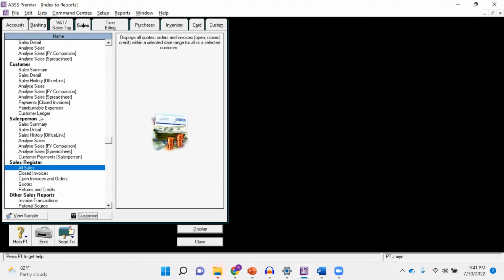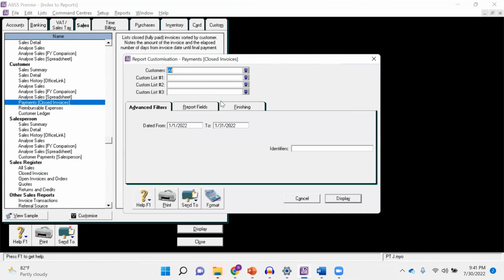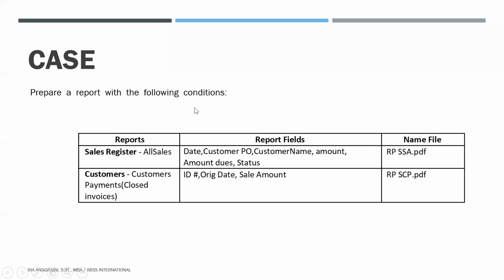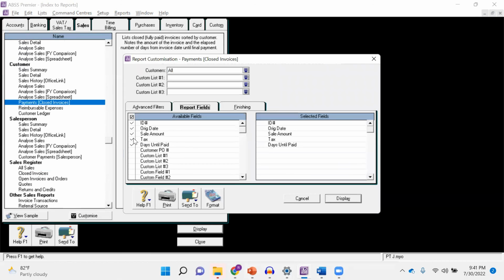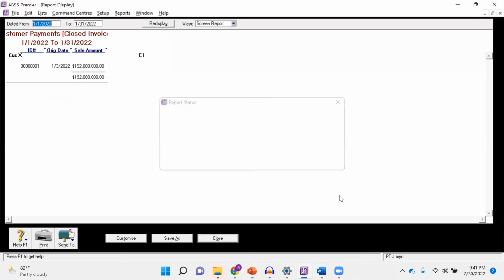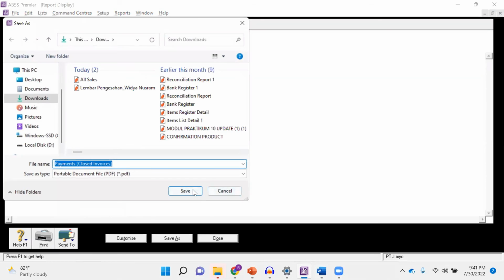This one, the customer, and then payments, closed invoice. Customize it, go to the report fields, adjust it, select amount, and display. Alright, and then send to PDF.